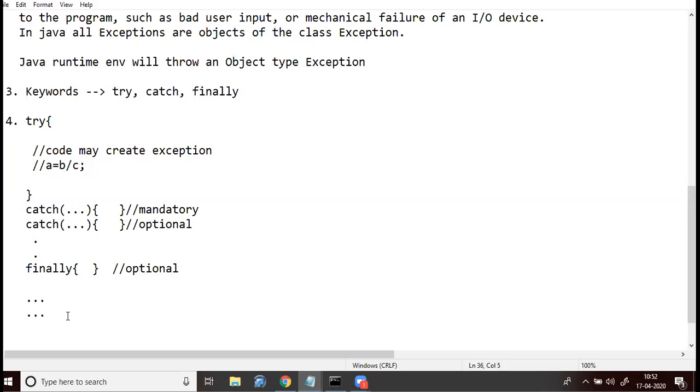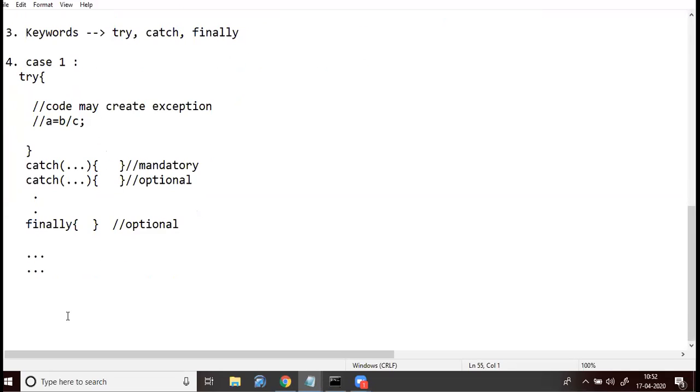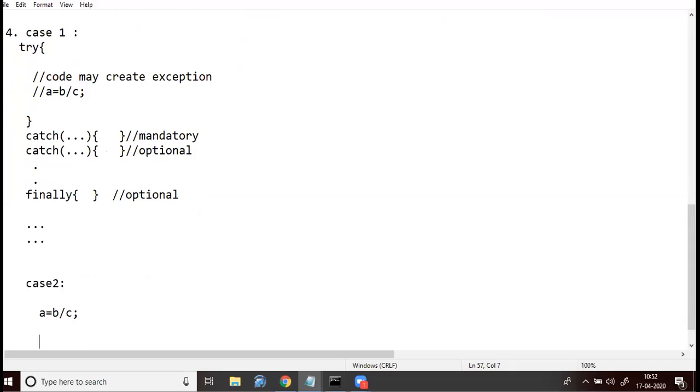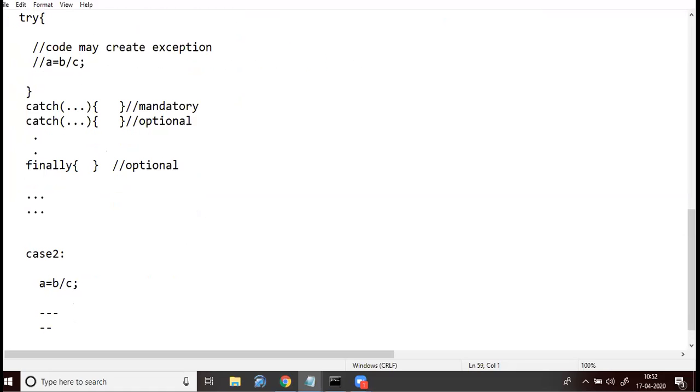This is the case when you write a try and catch block, case 1. But assume that I am not writing a try and catch block, but still my program may create an exception. So let us assume case 2, where I am writing the code A is equal to B by C, where C may be 0, but I am not writing this code within a try and catch block.